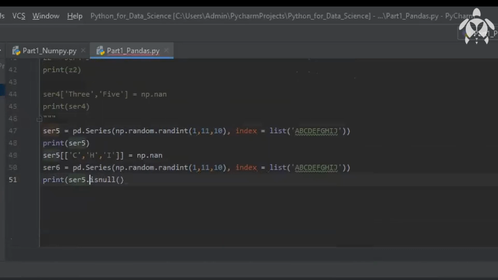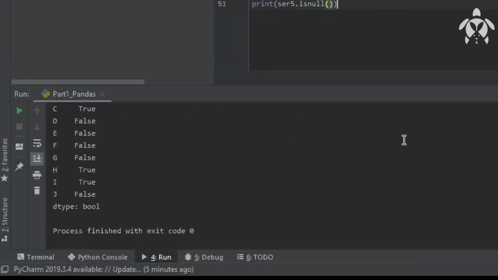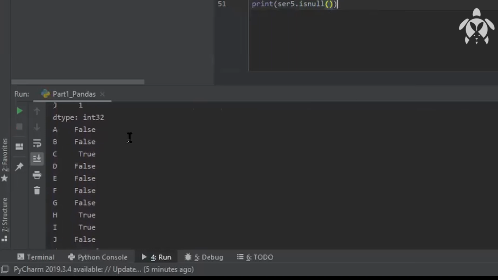Let's print this and see. So you can see True, False, True, False. Wherever it is False, you have the values, and wherever it is True, those are null values. This is how you can see wherever you have null values in your data.